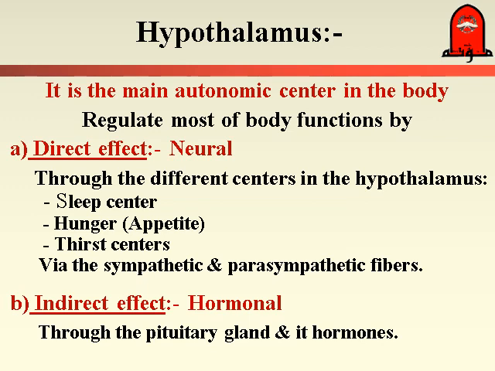Then we have the indirect factor. The hypothalamus is connected to the pituitary gland through the pituitary stalk, and the pituitary gland secretes releasing hormones that control all the glands of the body. The pituitary gland is called the master gland that controls all the glands inside the body, so it will control all the body activity. Accordingly, the hypothalamus can control all the body functions through direct, neural control or indirect control through